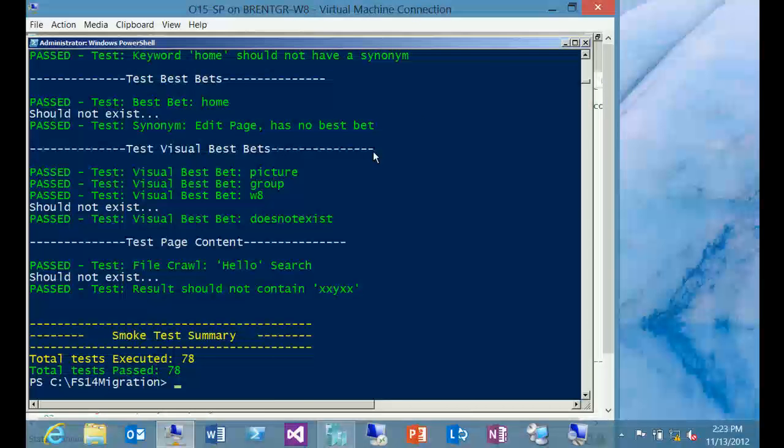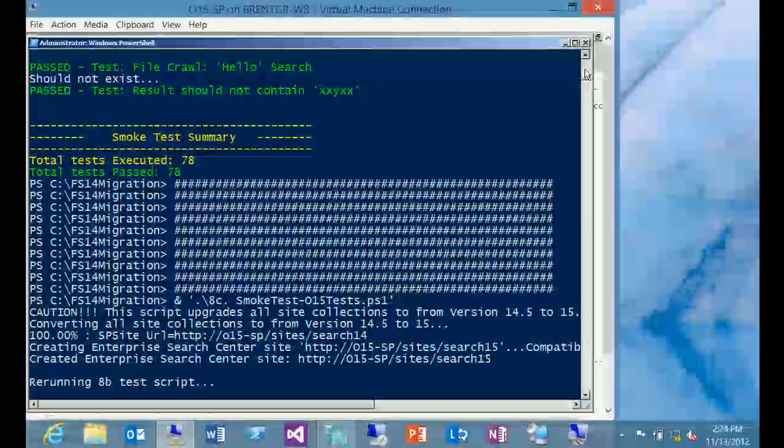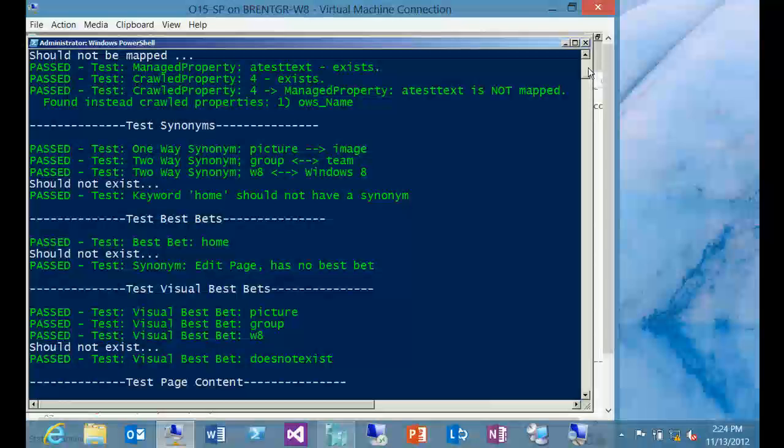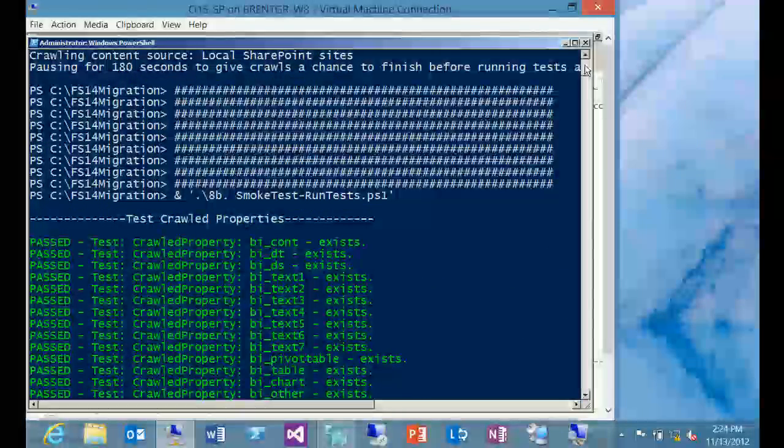So I'm going to go back in time so you can see what took place. This was a query against the 2013 Search Center. We just jump back up. Now this was the same test against the 2010 mode Search Center. And then we'll go back in time a little bit more. And you can see